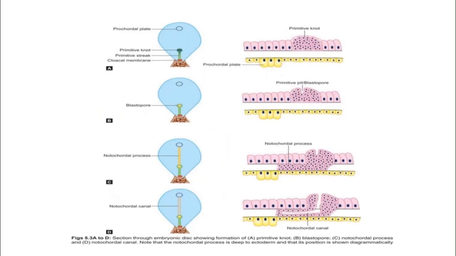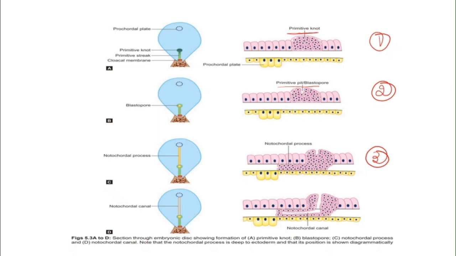So what is the process of formation of notochord? You can see the first change is the formation of the primitive node. The thickening of the upper end of the primitive streak is known as the primitive node. This is the first step. In the second step, you can see a depression or a pit is created in the primitive node, known as the primitive pit and blastopore. In the third step, you can see this solid mass of cells outgrow